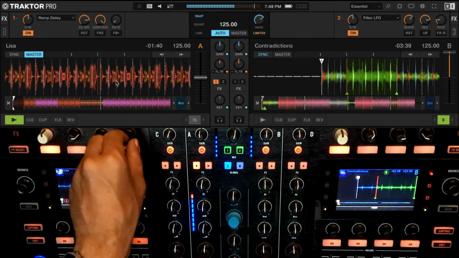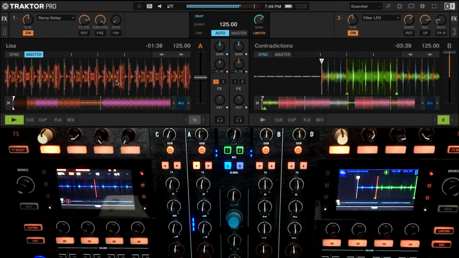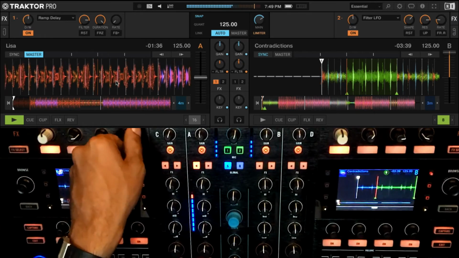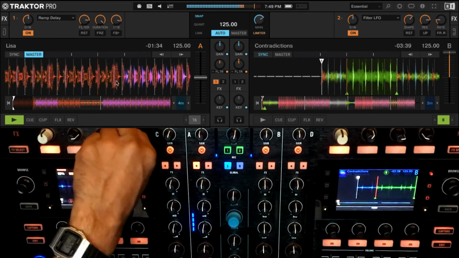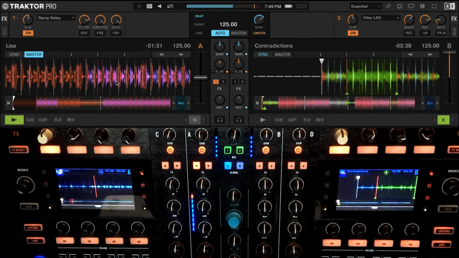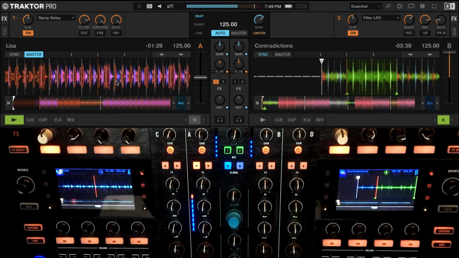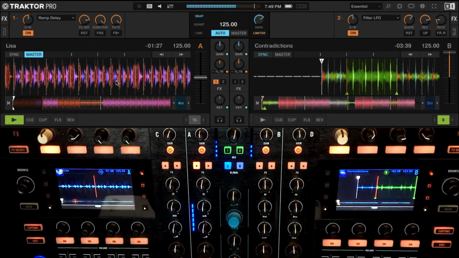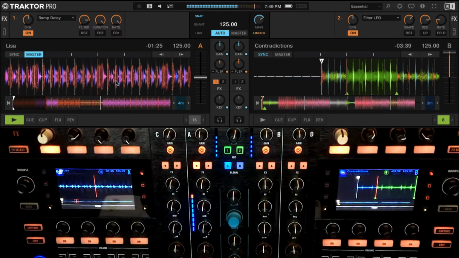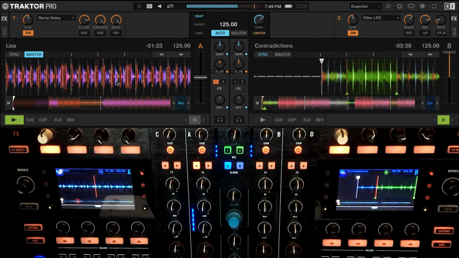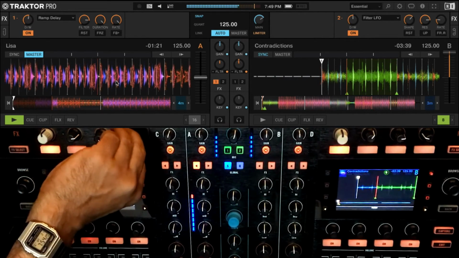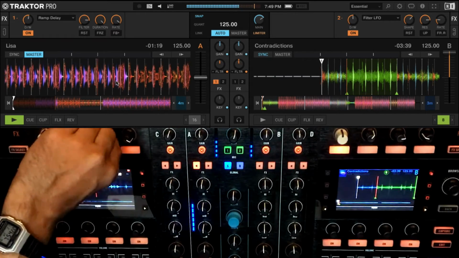Now duration is set to 16 bars. I'm on 4/4, which is why the delays are falling on the beat. So I'm going to swap this all the way to the right. Over the next 16 bars, you're going to hear the delay time constantly changing. But while that is happening, what if I change the duration? It's going to mess with the buffer.